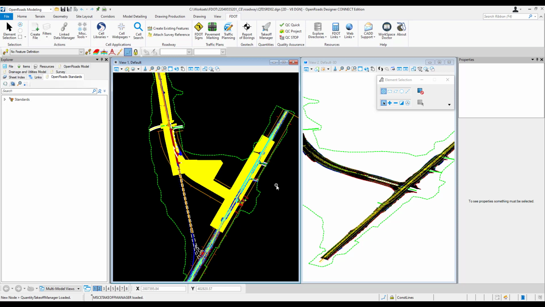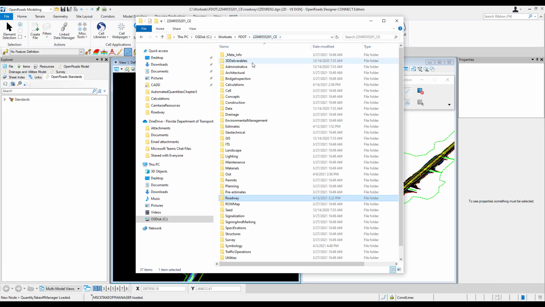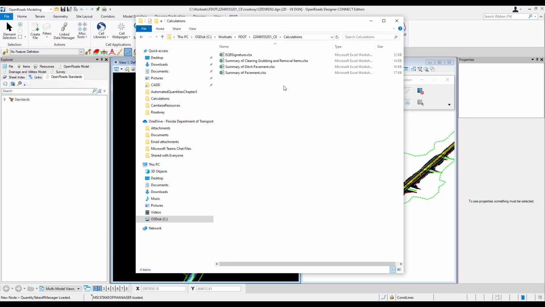On the FDOT tab in the Resources Tool Group, select Explore Directories, Current Work Set. Let's browse up a level and select the Calculations folder. Right-click and create a new folder, and we'll name it Temp.